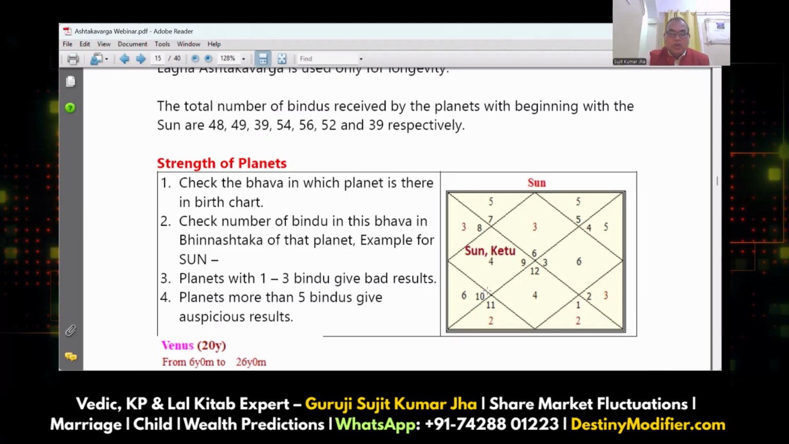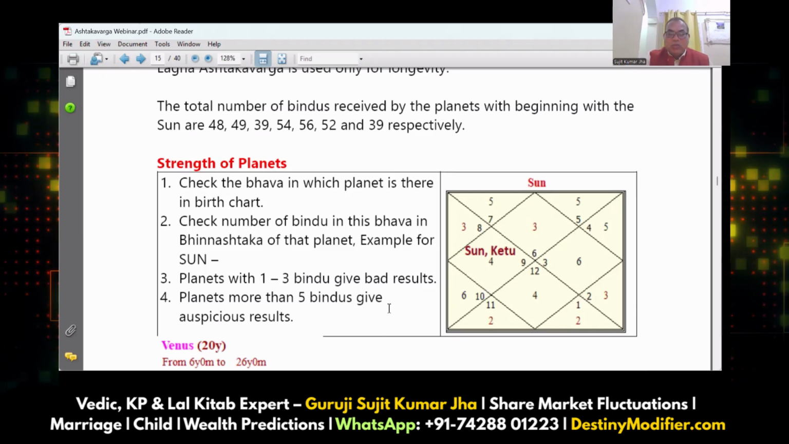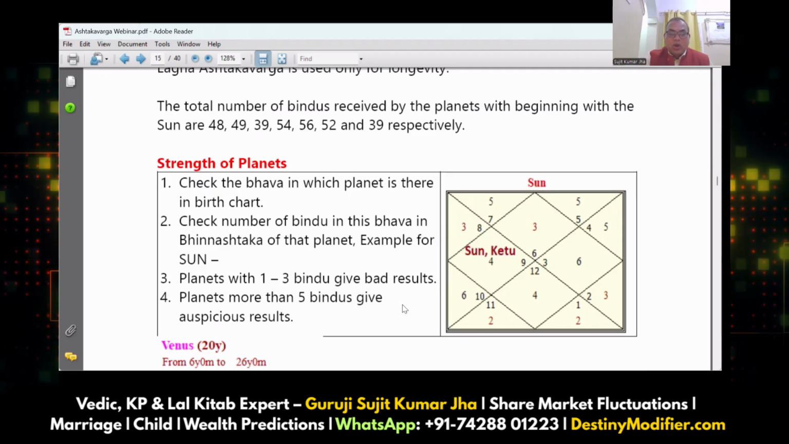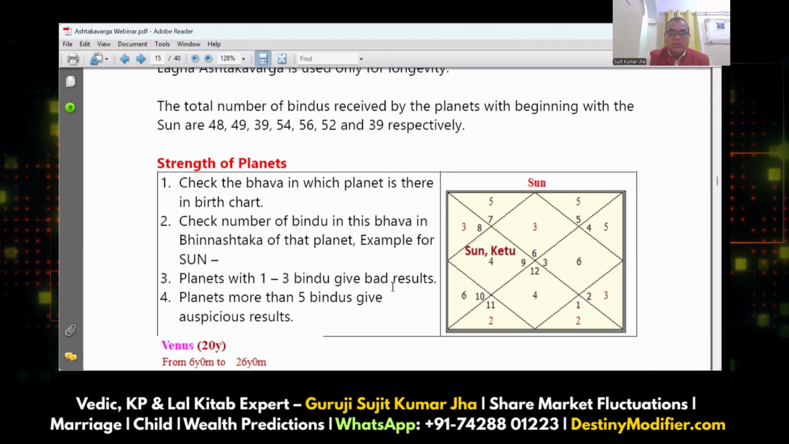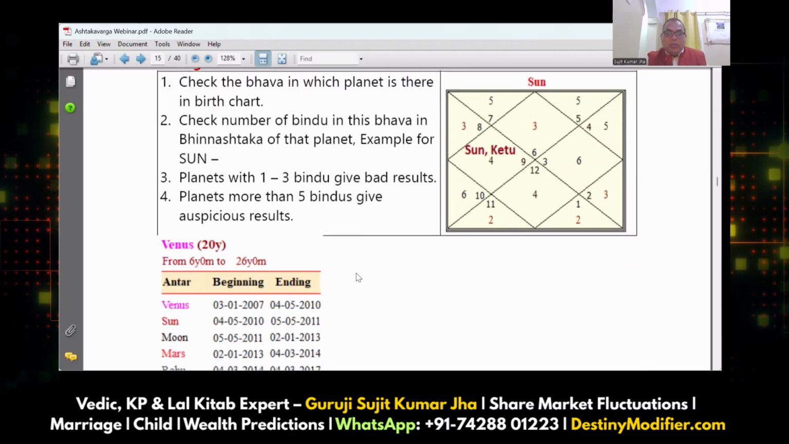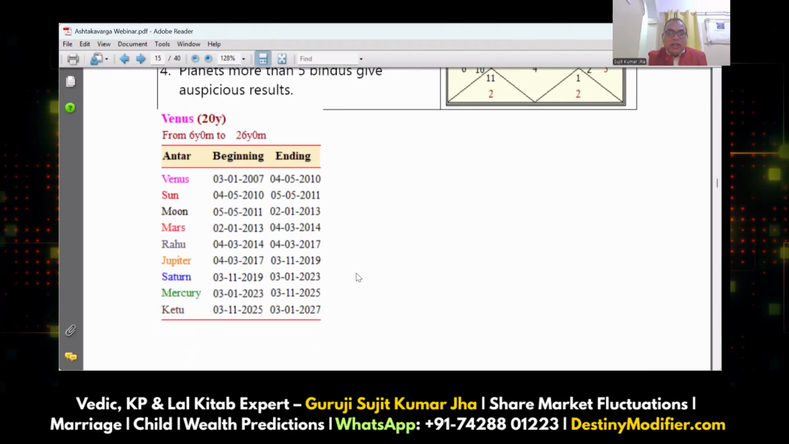So it means it is mixed. So planet with 1 to 3 Bindu means bad result. 5 or more means auspicious result. 4 means mixed result. So by this, we can find the strength of the planet. Now, this native